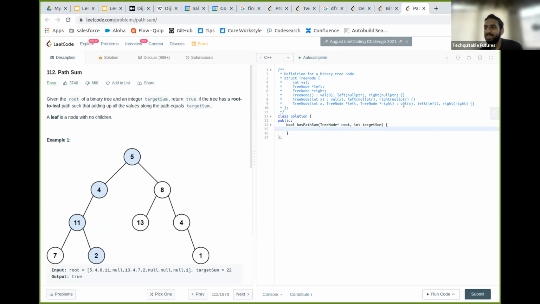David guessed DFS. Why do you think DFS? You can either post in the chat or speak. Because you're looking for the node towards the bottom, so depth first search would be more efficient. Exactly. Thanks, David.